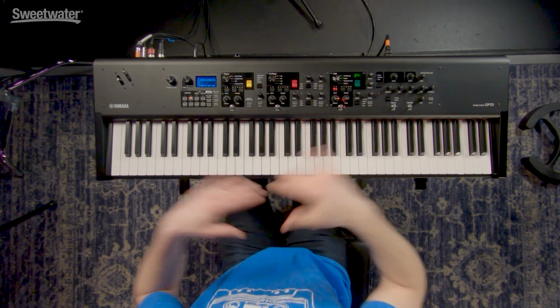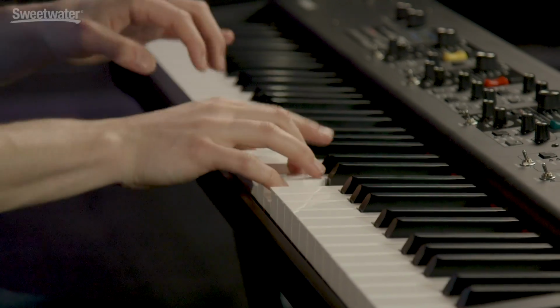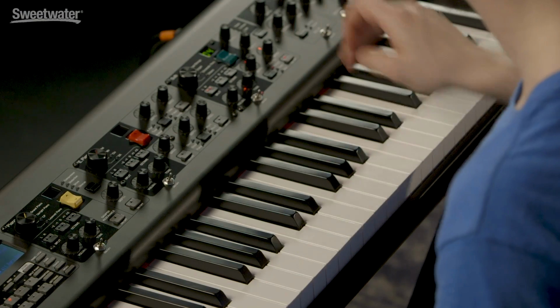So here's with just a dry organ sound, also with the reverb off too. So that's all bars out, that organ sound. Then if I turn the rotary on,